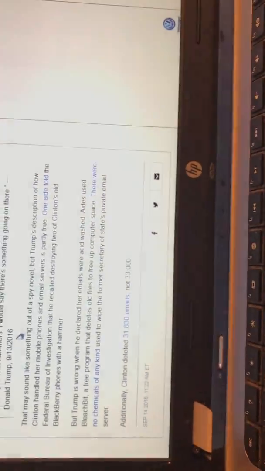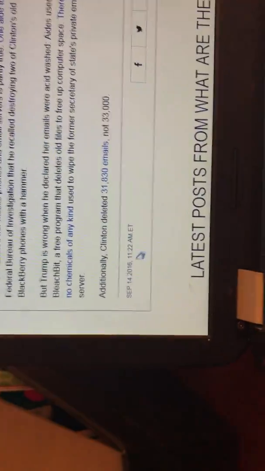So Jim Comey is like, well, we have to try to appease the new president, who's going to win the election for sure. And even here you can see that NBC News admits that Clinton's cell phones were smashed, and it says 30,000 emails. This is a Trump quote, where they're trying to demonize Trump. I'm not sure when this article came out, but September 2016. So right around the time of the election.